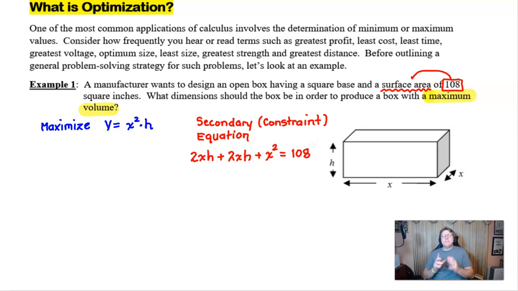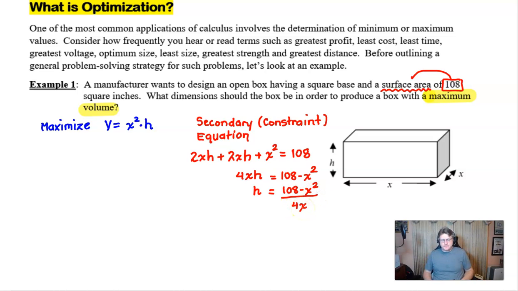And at this point, you can make the decision to solve for one of the 2 variables in your constraint equation. And the beautiful thing is it doesn't matter which one you solve for. I would typically say, let's find the one that's easier to solve for, x or h. And judging by this particular equation, I'm going to say that the h is going to be a little bit easier to come by. And so to make that happen, we're going to do a couple of things. First of all, I'm going to subtract that x squared over to the right, combine my pair of 2xh's to get 4xh, and by the time I divide over 4x, I have myself an equation